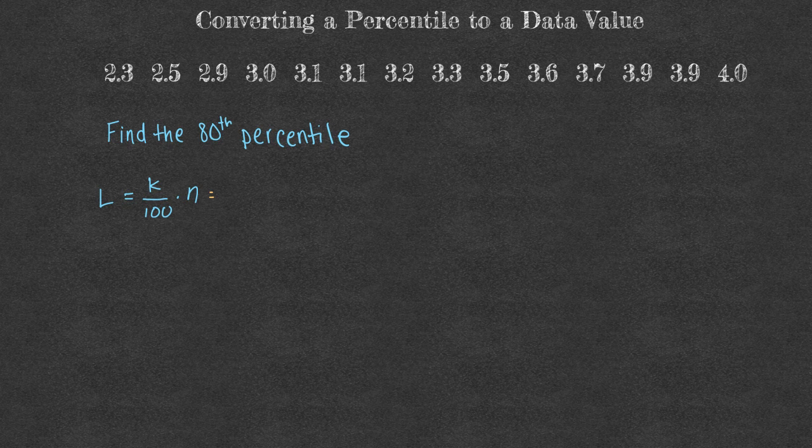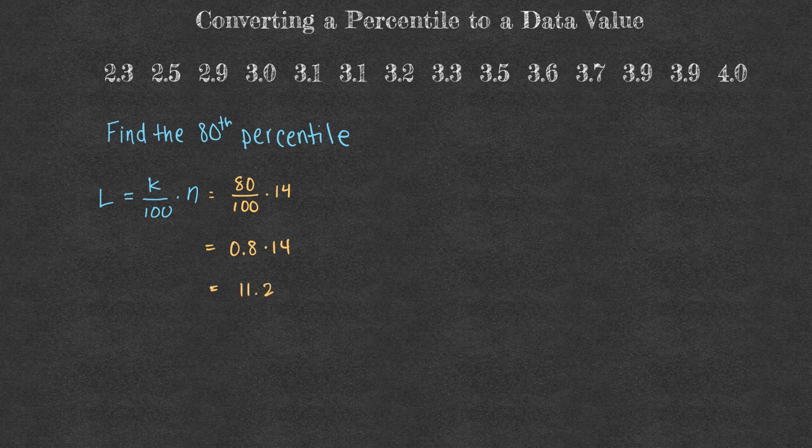In our example, 80 is going to be k, so 80 over 100 really gives us that decimal 0.8, and then we're going to be multiplying by n, which in this case is 14, because we have 14 data values. And so 80 over 100, again, really just represents 80%. And when we multiply these two numbers together, we get